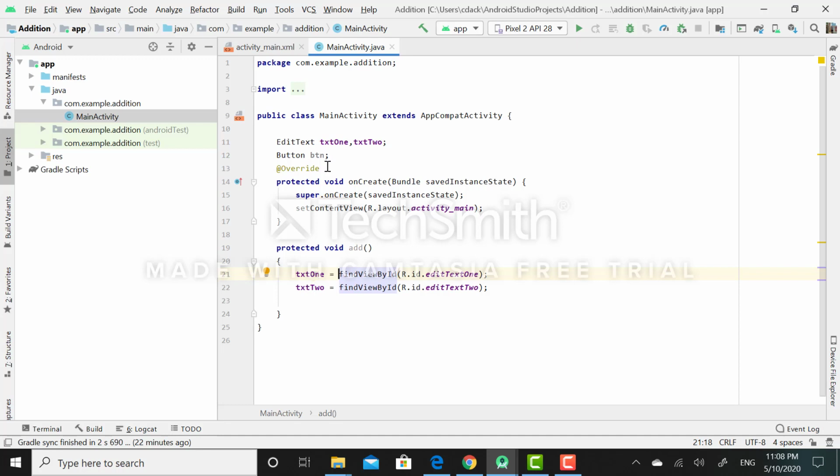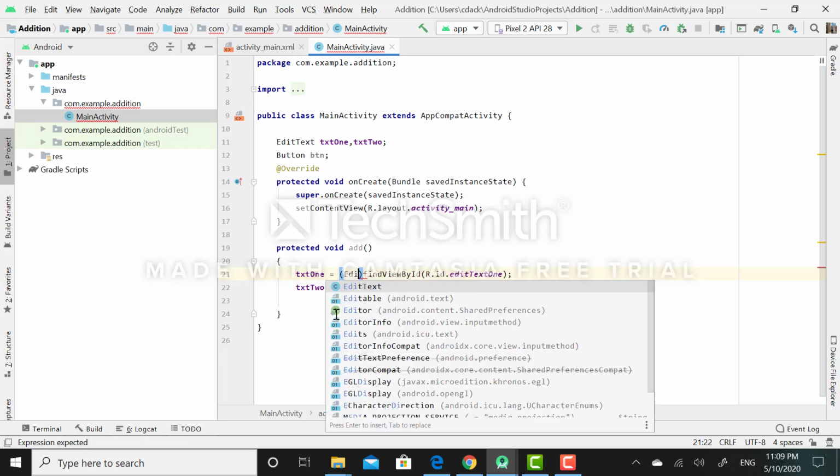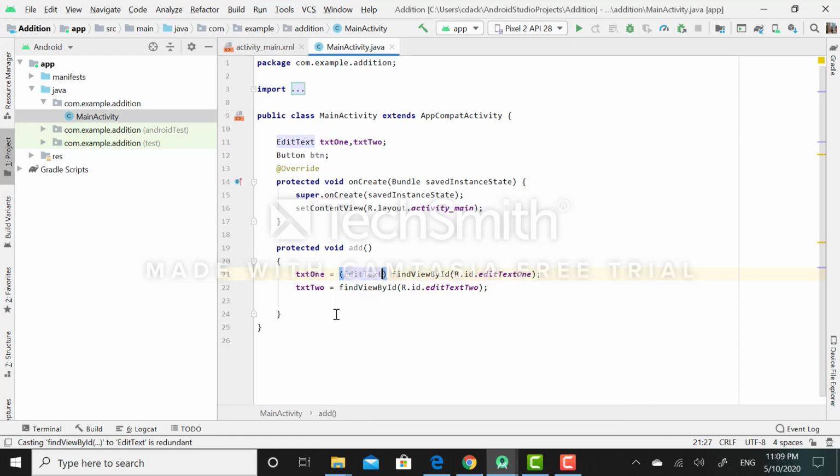Since these are the reference of this edit text class, in bracket I will write the class name of the respective reference. So this is called typecasting. Then later on I will perform same for btn reference.